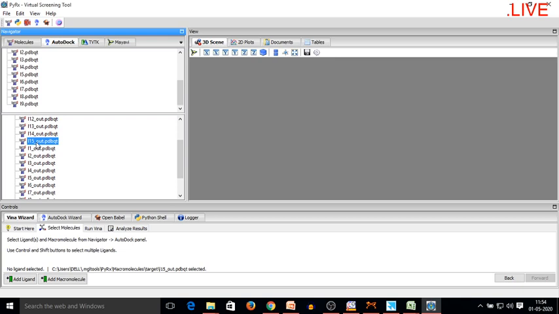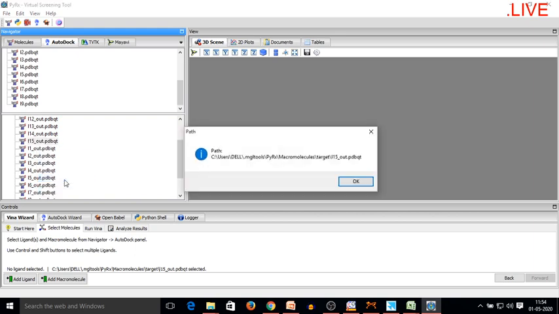Now once I select it, I will press the right key of the mouse and go to properties. This property shows me the path where this molecule has been saved, and you can see that path is C drive, users, Dell, .mgltools, Pyrex, macromolecule, target, L15 underscore out.pdbqt.